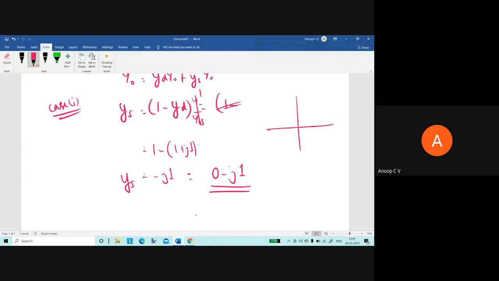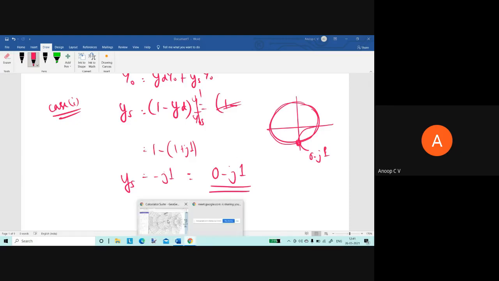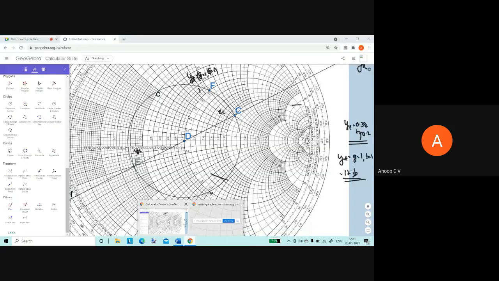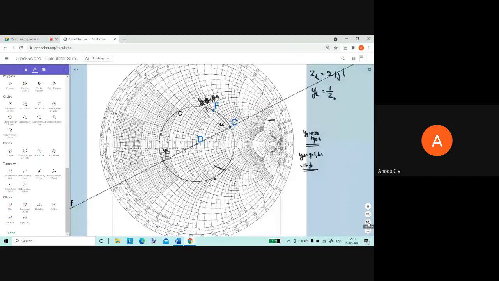If this is R equal to 0, or G equal to 0, then 0 minus J1 will be on this line, and minus J1 will be somewhere here. This is the 0 minus J1 point that we are going to mark now. So please listen carefully, see carefully. So this is